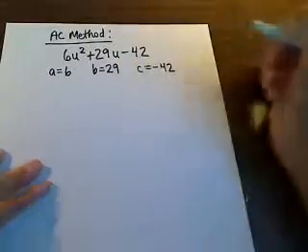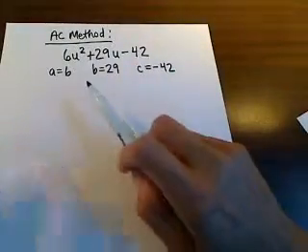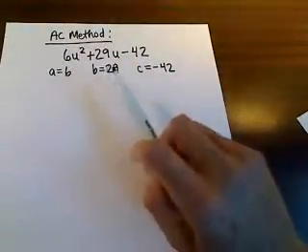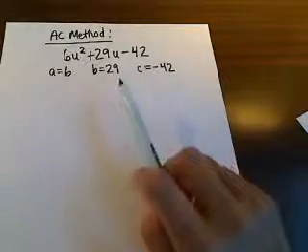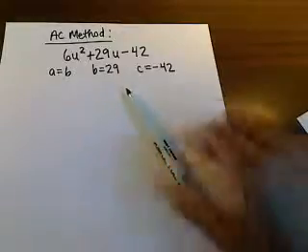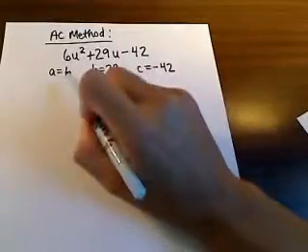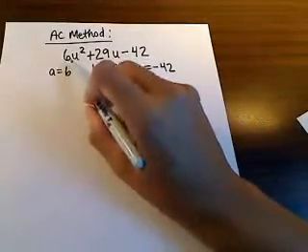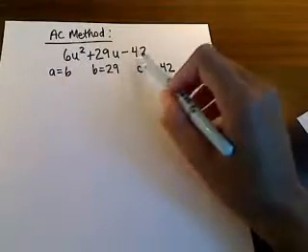But either method will work. Okay, so if we're going to use the AC method, we're going to identify A, B, and C. And we're really only concerned with A and C. The B doesn't really matter, but A here is 6, that's the coefficient of the squared term, and C is negative